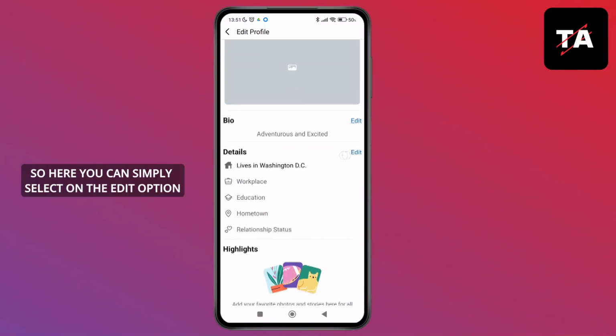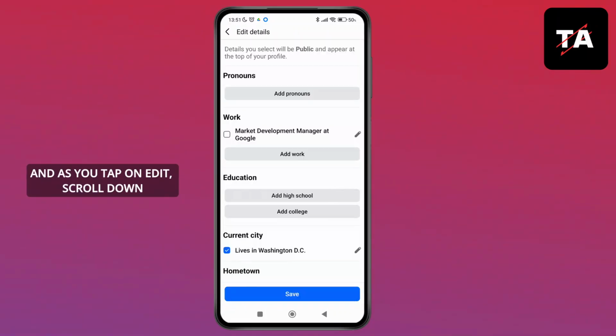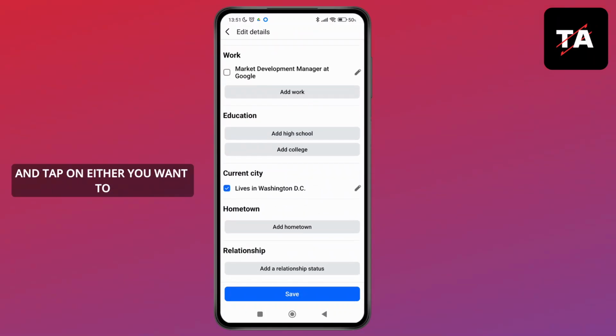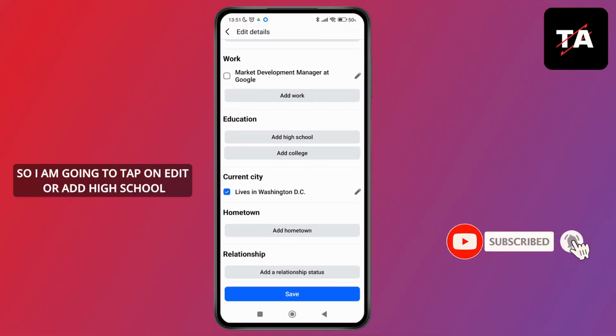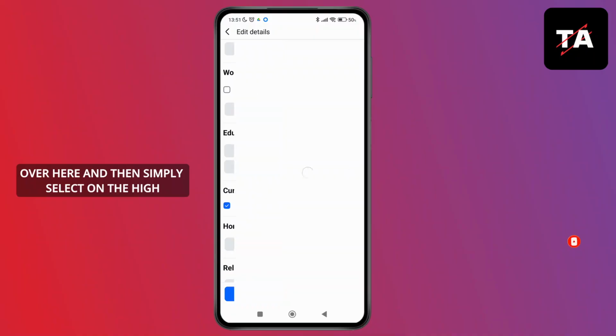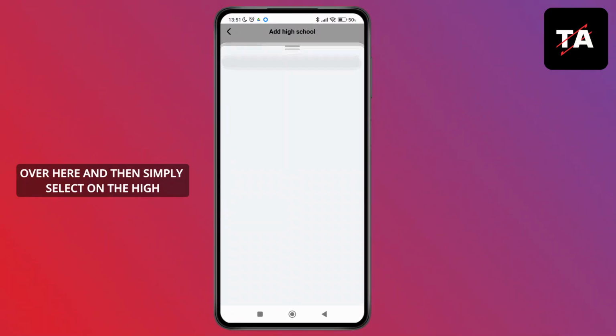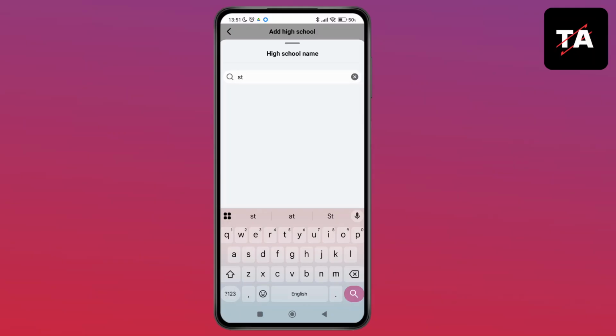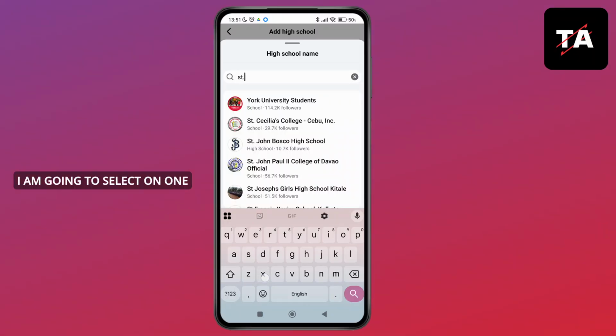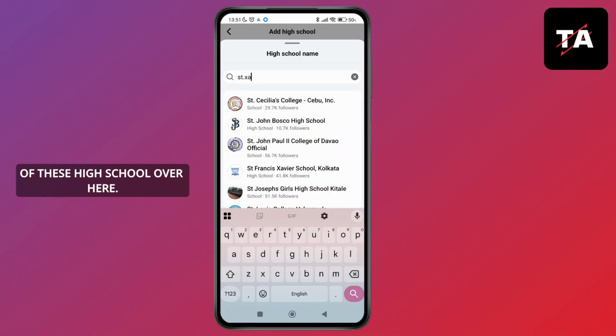So here you can simply select on the edit option, and as you tap on edit, scroll down and tap on either you want to add high school or your college. So I'm going to tap on edit or add high school over here, and then simply select on the high school's name. So let's select over here. I'm going to select on one of these high school over here,